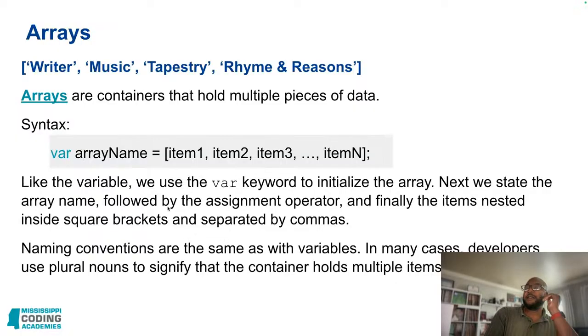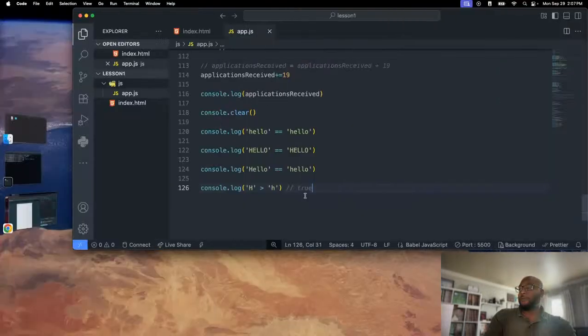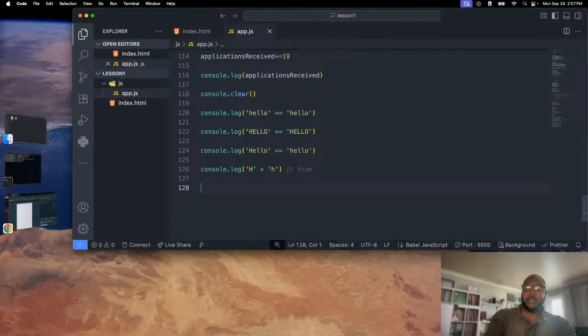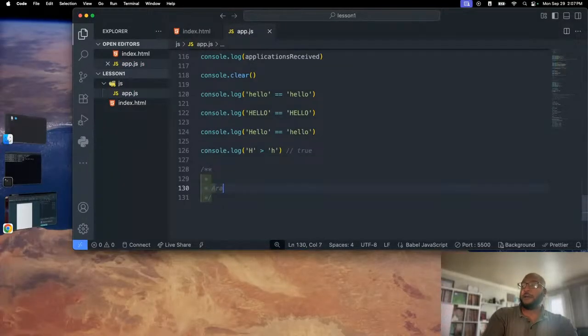In many cases, when it comes to arrays, developers will use plural nouns to signify that this container holds multiple items. Okay, so let's come down here inside Visual Studio Code now, and arrays,